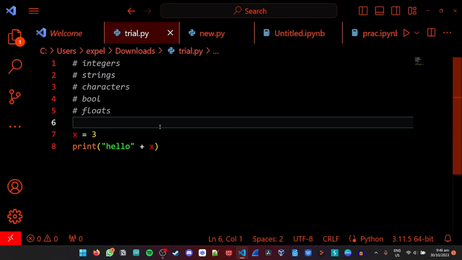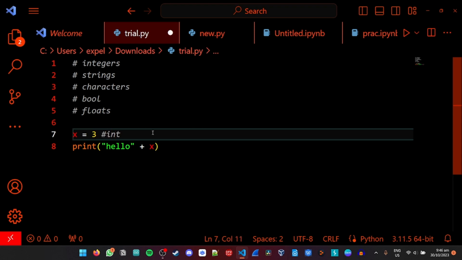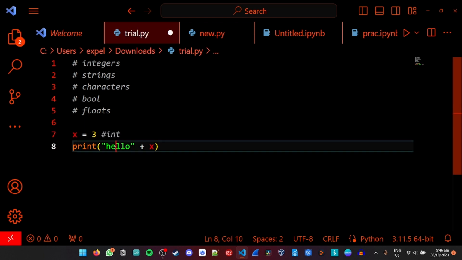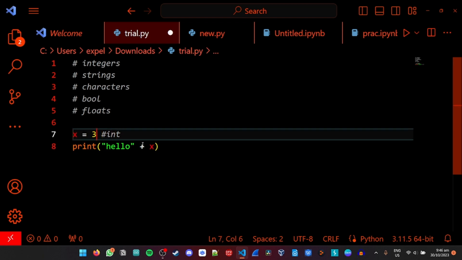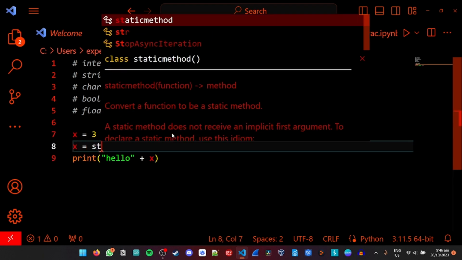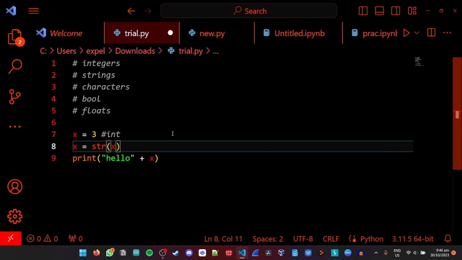What does that mean? Well, over here, it is an integer. Remember, you set it to 3, so it's an integer because there are no inverted commas. So you can't add an integer to a string. So what do you do? You have to learn about this thing called typecasting. Typecasting basically turns one data type into another. So if I do x equals 3 and on the next line I do x equals str(x),